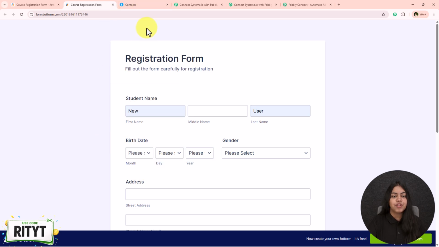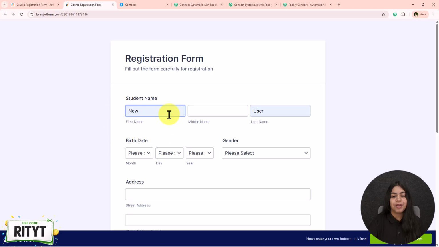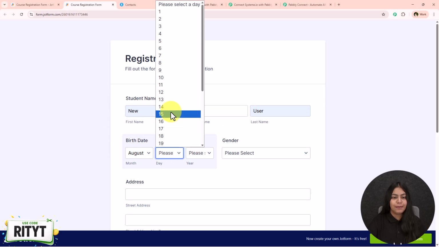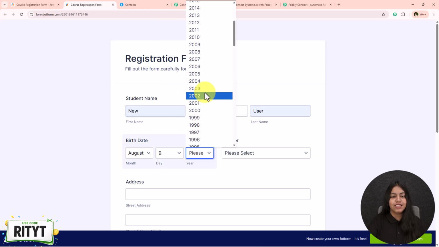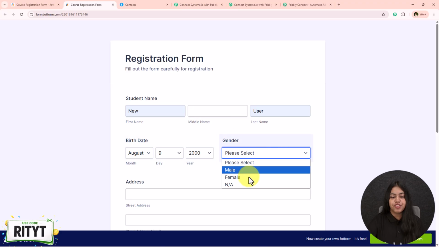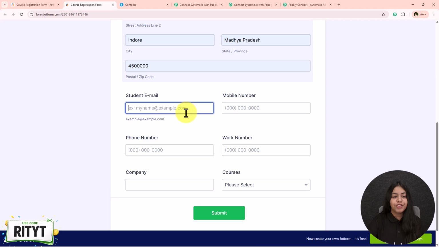For that, I am just going to fill in this registration form. Okay, so for the first name, I'm going to keep it as new, last name as user. For the birth date, I'm going to keep it as 9th of August, and then for the year, let's select it as 2000 over here. Now for the gender, let's select it as female. For the address, I'm going to keep it as this. Now for the student email address, I'm going to keep it as